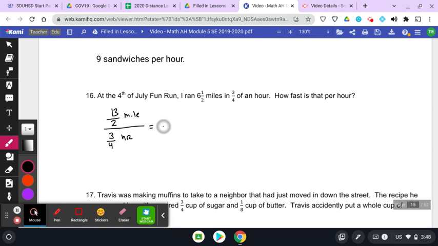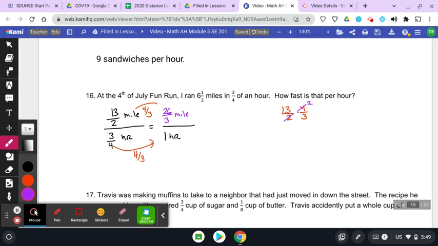I'm trying to get to 1 hour. I have to think of the scale factor. 3/4 times 4/3 gets me 1. I'm multiplying by 4/3. I think over here, 13 halves times 4/3. Okay, I've got some reducing. 2 goes into 4 twice. 26/3